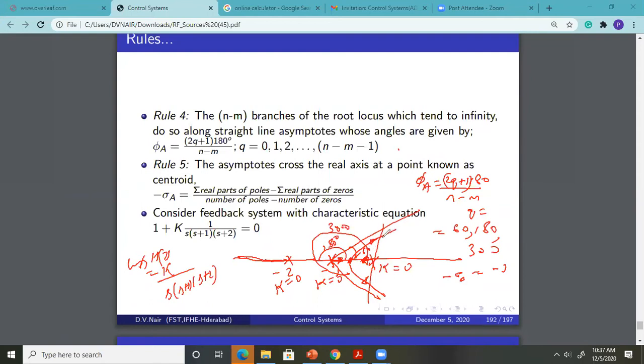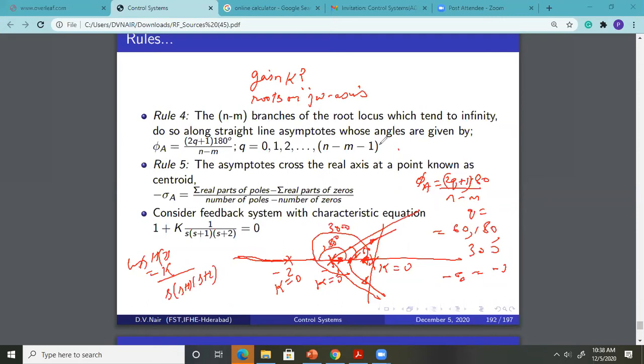Now here is the question. We should find out the open loop gain K when the root locus meets the imaginary axis, and also the positions of the roots. How to do that? The question is: at what gain K, and the corresponding roots on the imaginary axis? In this case, what are the corresponding roots on the imaginary axis? How do we determine these answers?